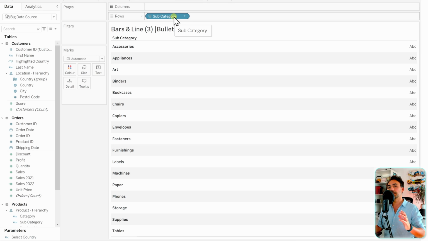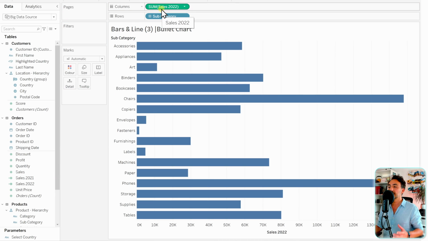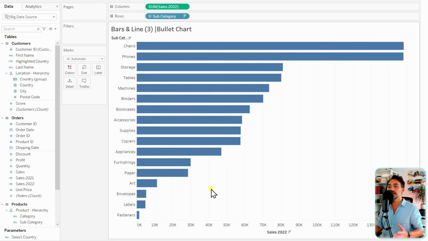And now I would like to compare the current year with the previous year. So let's take the sales of 2022 from our data pane over here to the columns. And now let's go and sort it by the axis, so we have like a rank. And then we're gonna go and compare it to the sales of 2021. So what we're gonna do, we're gonna take the 2021 to the details, and then we're gonna go and add